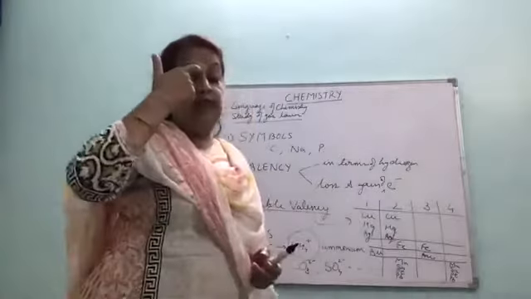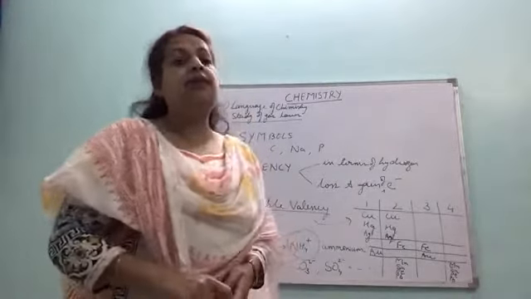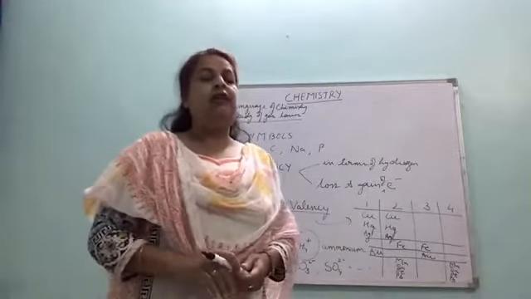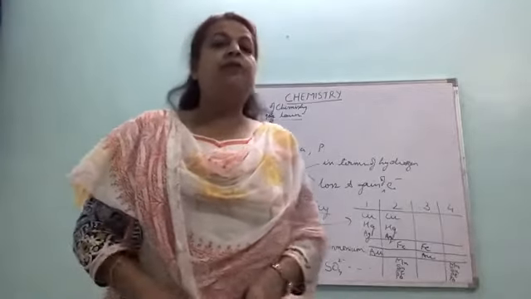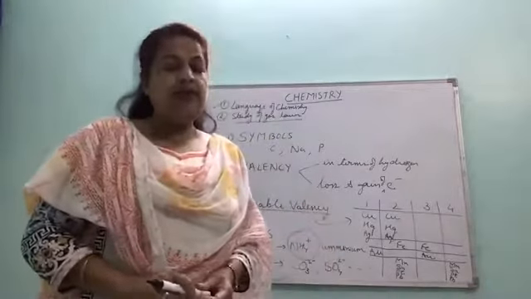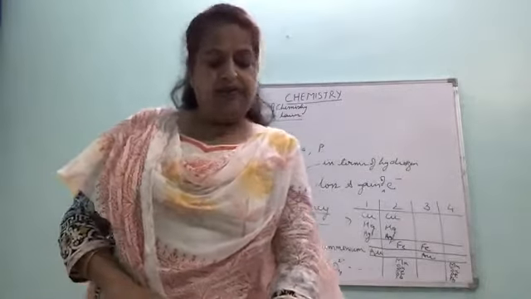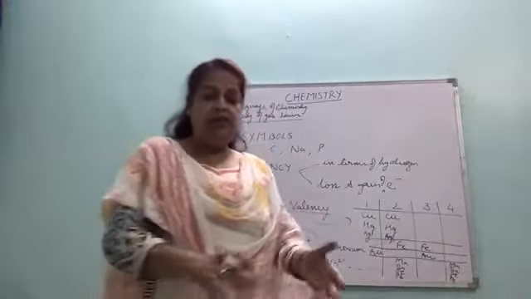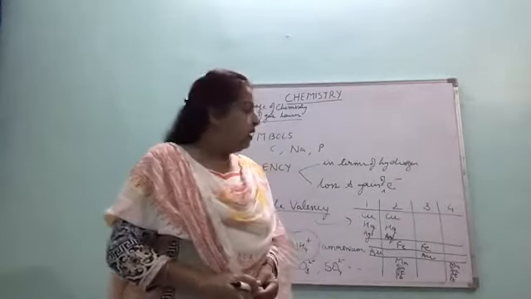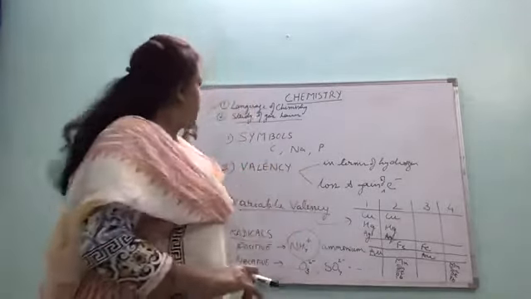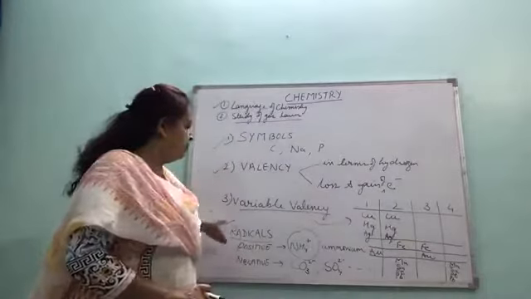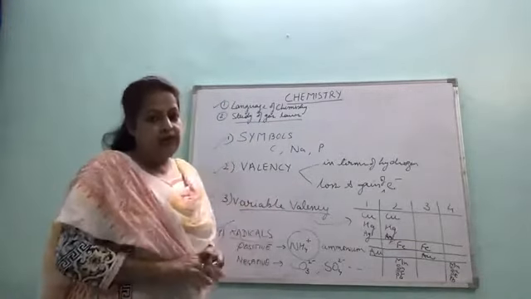Now you have more radicals than in class 8. Definitely, you are in a higher class. So you'll have to learn these now. Do not leave out any of the symbols and valencies. Any of them can be asked in your examination. They have selected the main ones only. Alright. So these are the terms: symbols, valency, radicals, and you have to learn the valency chart.